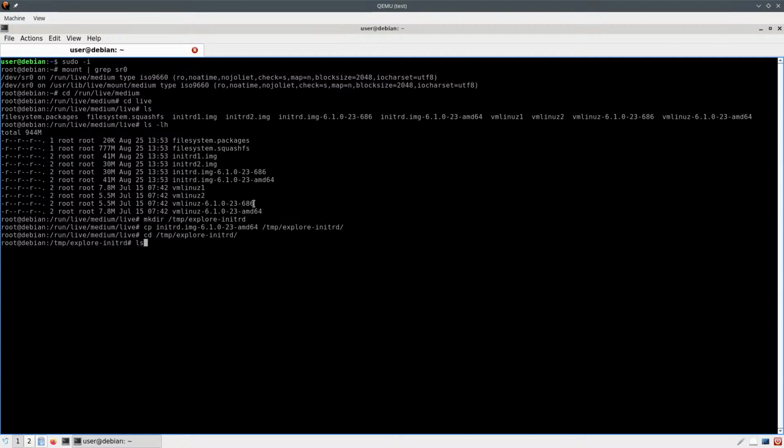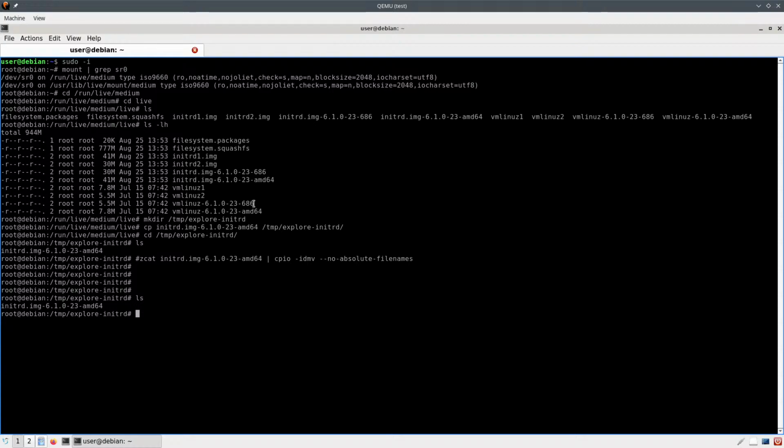So in here you're supposed to be able to do this thing like this, and then no absolute file names. Wait, this is actually in it. I mean, yes, explore it here. Okay, init